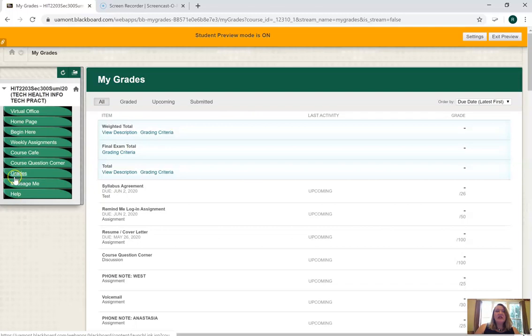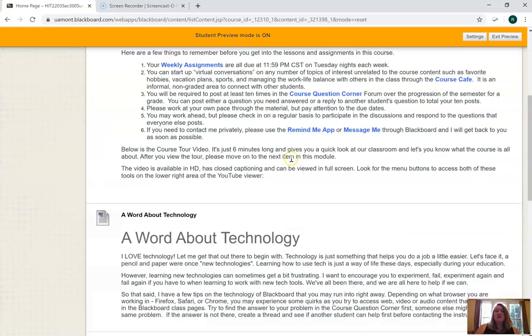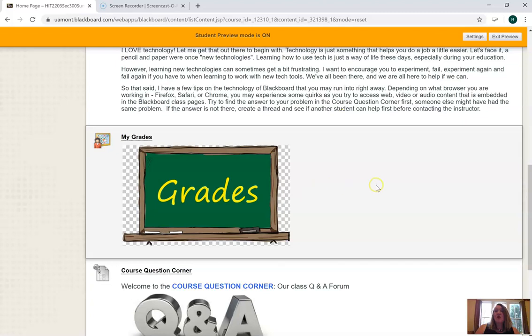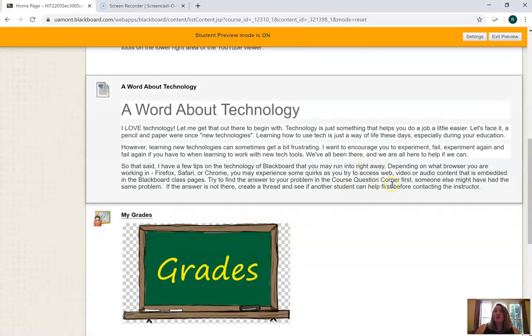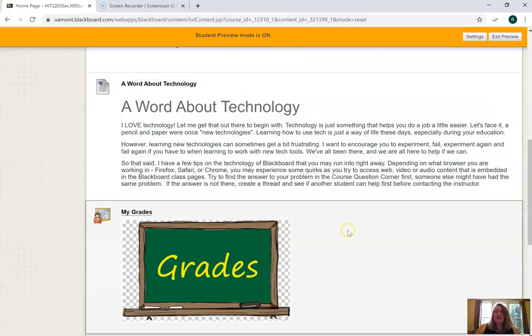There is also a link over here that takes you to the exact same spot. So you can get there through the home page right when you come into the course, or you can get there through the button on the side.